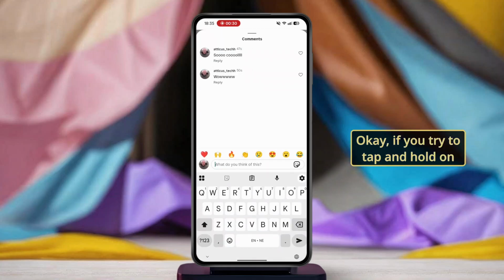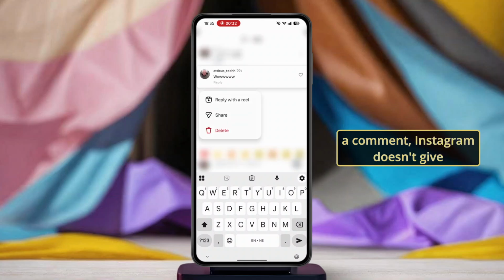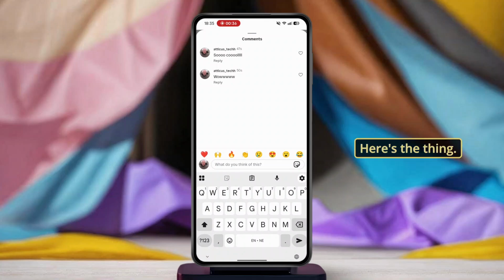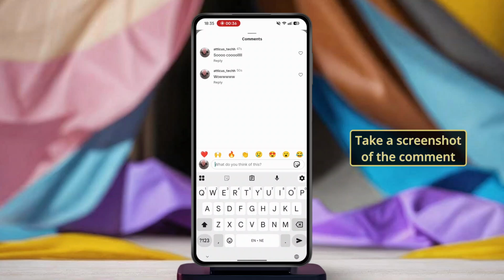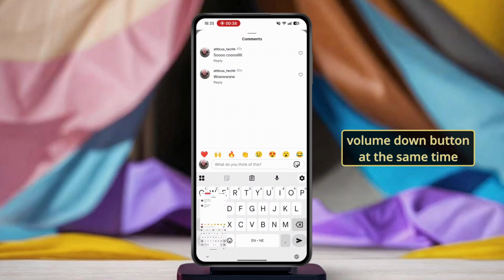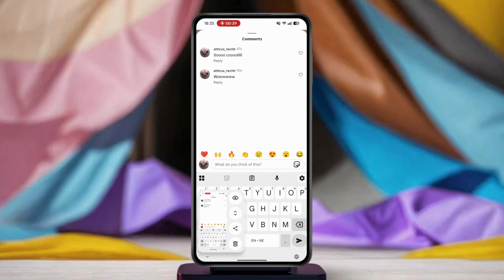Okay, if you try to tap and hold on a comment, Instagram doesn't give you an option to copy the text. You can only like it, reply to it, or report it. So here's the workaround. Take a screenshot of the comment you want to copy. Just press the power button and volume down button at the same time on your Android phone to capture the